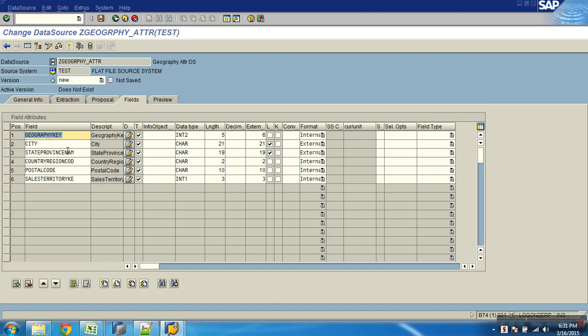So the column headings are taken as field names automatically. If you're not happy, say geography key is okay. City, province, name came. I want it as NAME. Country region, if it's country, I'm okay. Postal code, okay, that's enough for me. You can still customize it.